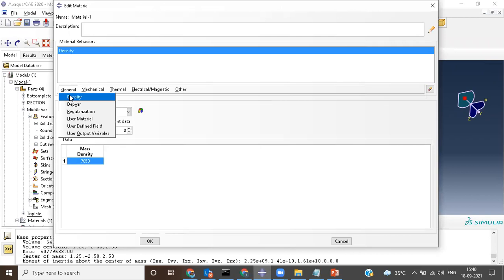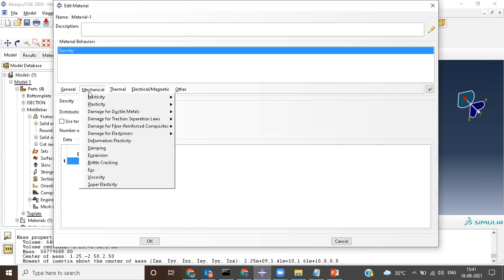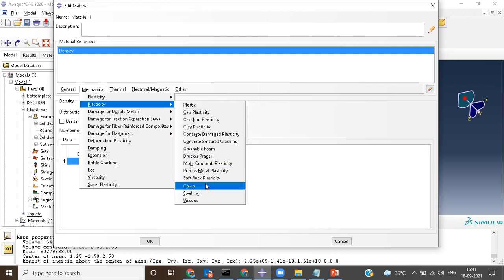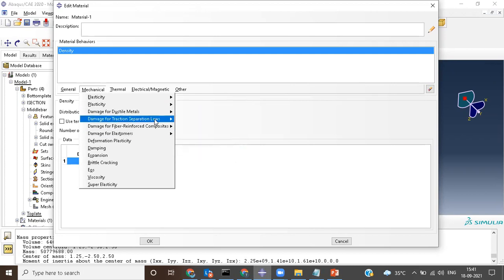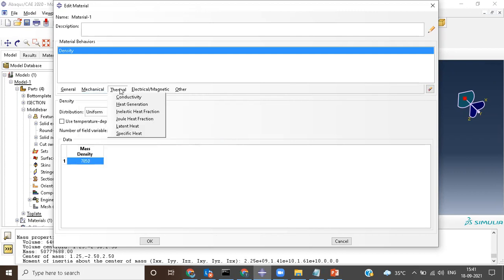I've only explained the densities. Then there are Depvar, regularization, user material, user defined fields. If we go for mechanical, you have elasticity and these many elasticities are there. If we go for plasticity, these many plasticities are there. Damage for ductile materials, these many damages are there. Then traction, these many things are there. If you go for thermal, you have